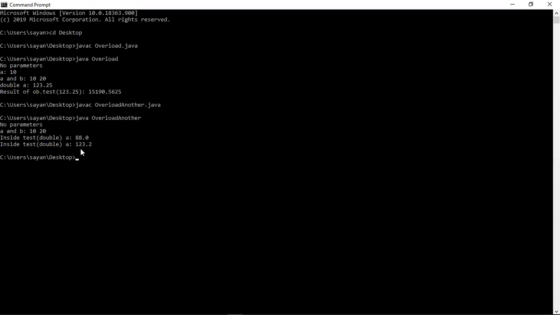As I have just explained, these are the outputs. No error is being displayed, and this is the value of the integer that has been converted into a double, and then it is being shown. As it has been converted into a double, that's why this 0 is being shown after the decimal point.